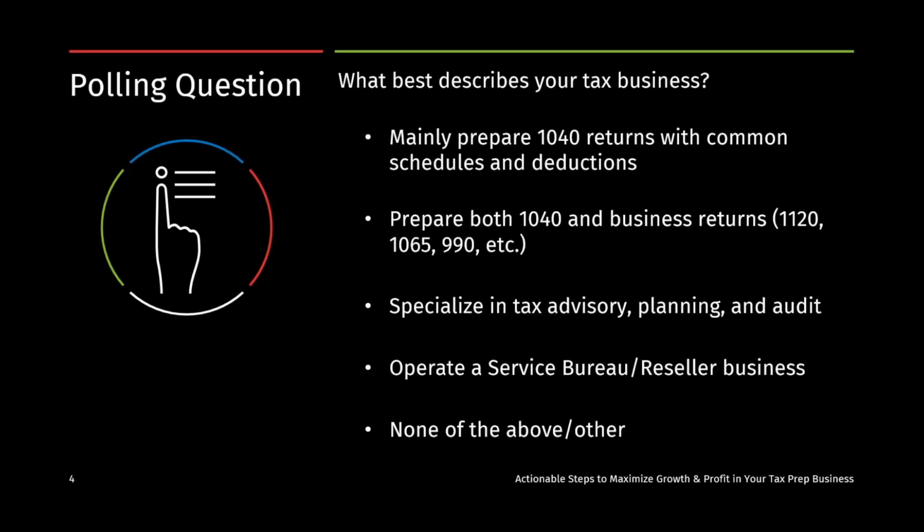And so thank you for taking the poll. Most people answered the polling question, and we now have a level set. Mostly I see that we have preparers, tax professionals that do a combination of 1040 and business returns. That makes up the majority that we have. And so we're glad to have you. Let's go ahead and begin